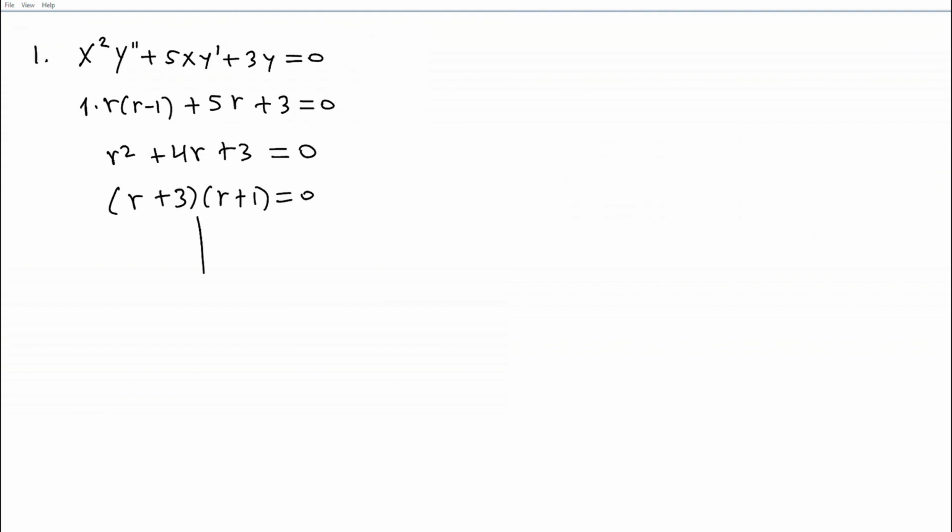We set the factors equal to 0 to get the roots. r1 will be negative 3 and r2 will be equal to negative 1. So therefore our solution to this problem, let us write this out to answer it, y of x would equal to